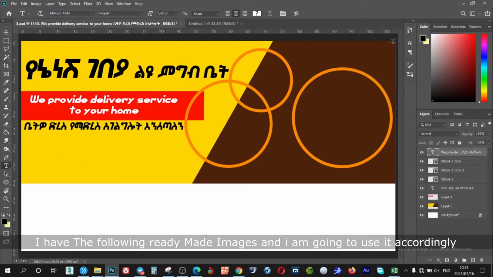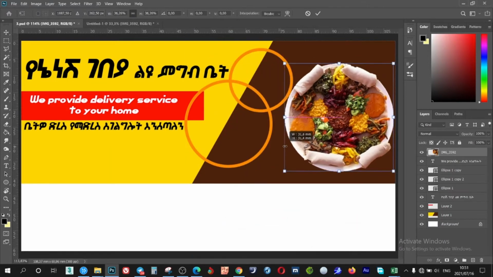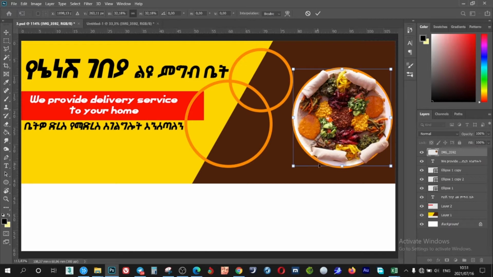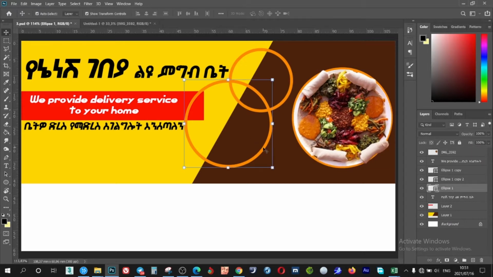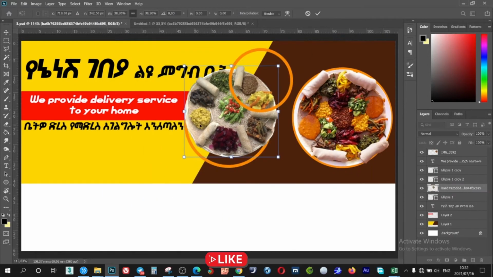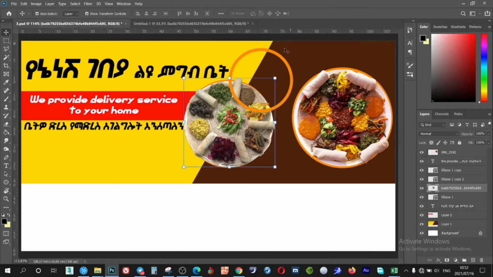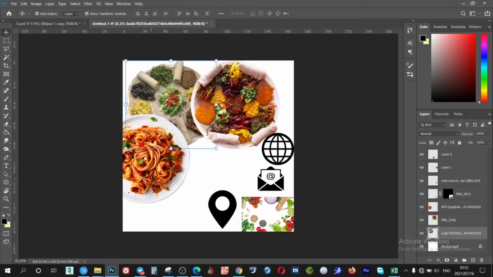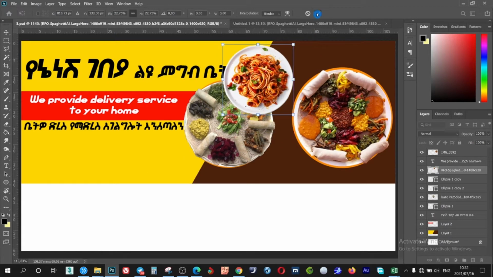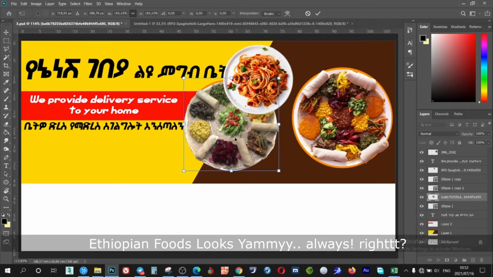I have the following ready-made images, and I am going to use them accordingly. Ethiopian foods look yummy.